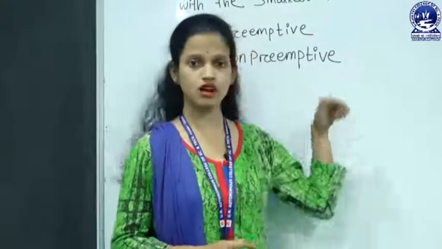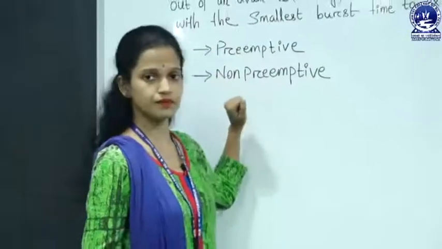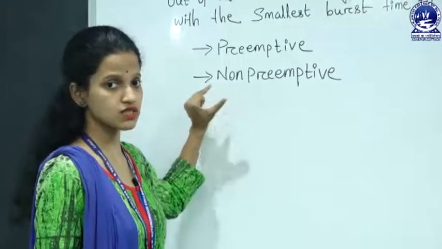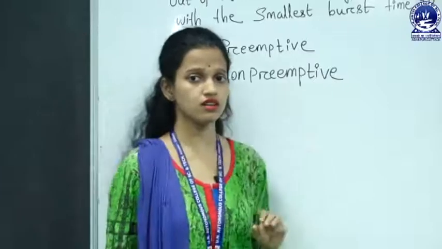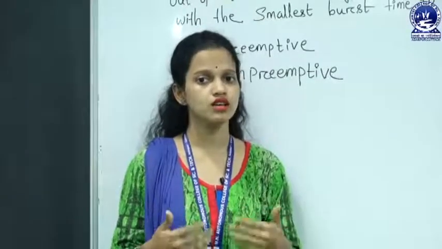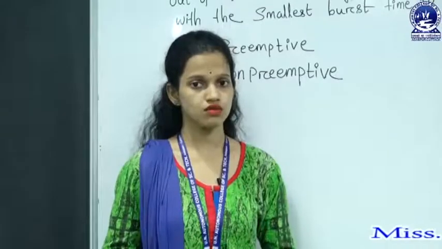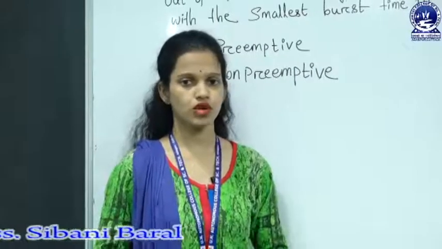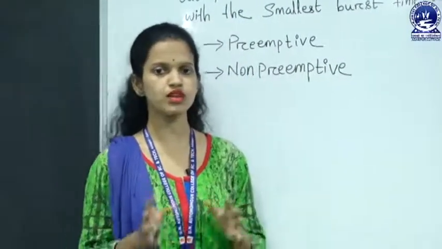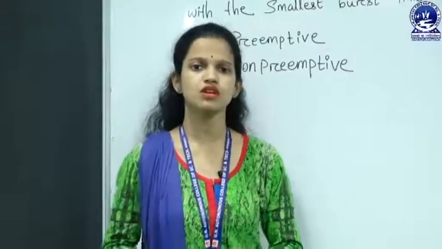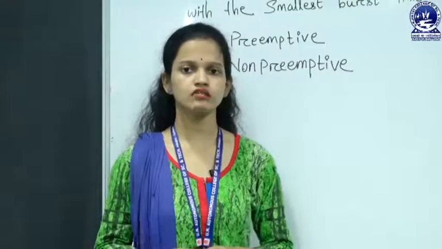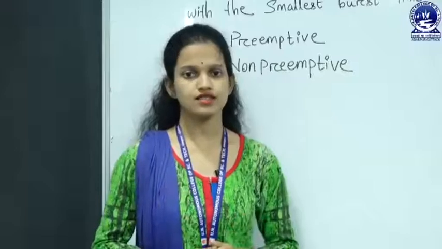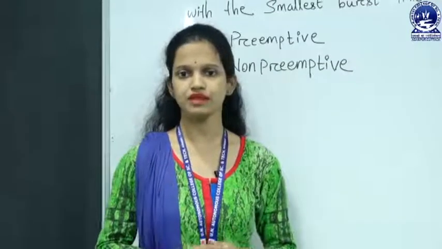Two versions of the SJF algorithm are there: one is preemptive, another is non-preemptive. So what is non-preemption? We cannot forcefully remove a process that is executing in the CPU until its termination. That is called non-preemptive. And what is preemptive? The operating system can forcefully remove that process from the CPU on the basis of the time quantum or any priority cases. That is called preemptive.